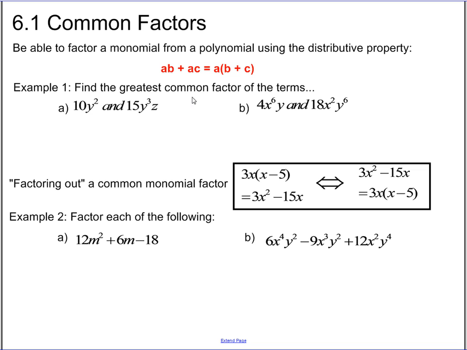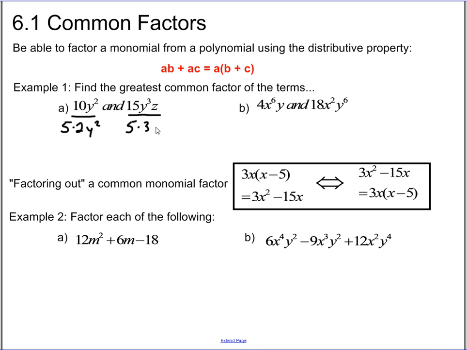So let's talk about that. The very first job we have is finding common factors here. If we look at the two factors here, we've got 10y squared and 15y cubed z. What would be the common factor? Well, certainly 10 and 15 share common factors of 5. We've got 5 times 2 times y squared for this first term, and we have 15, which is 5 times 3